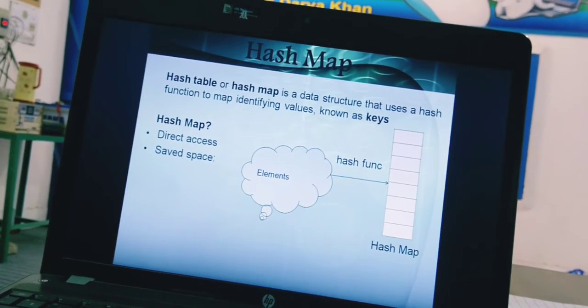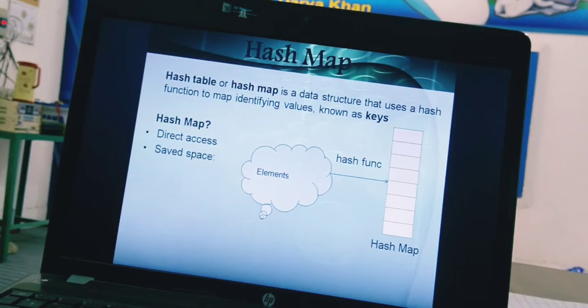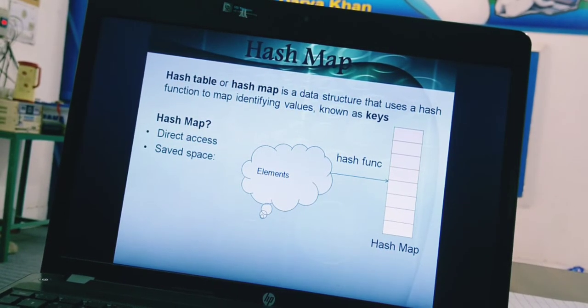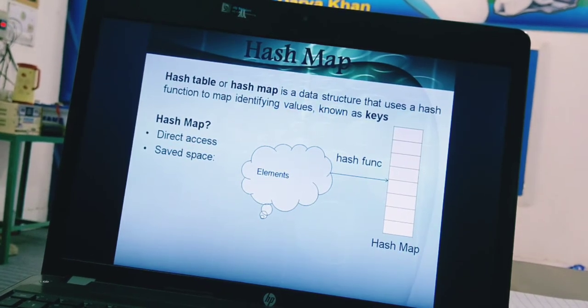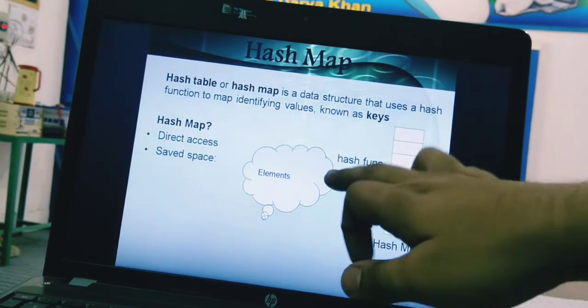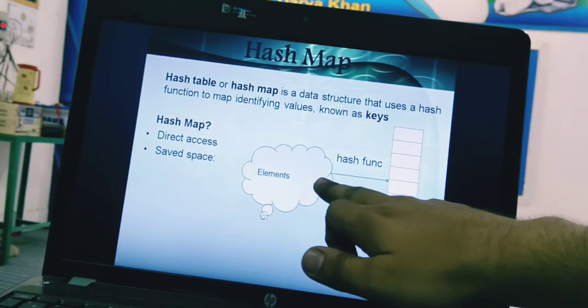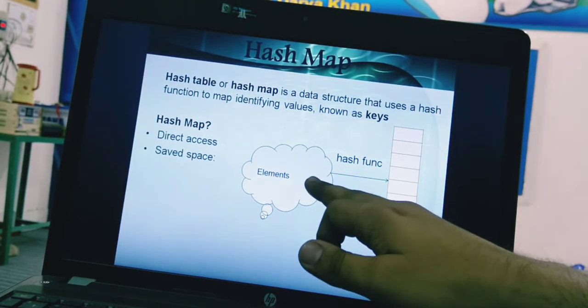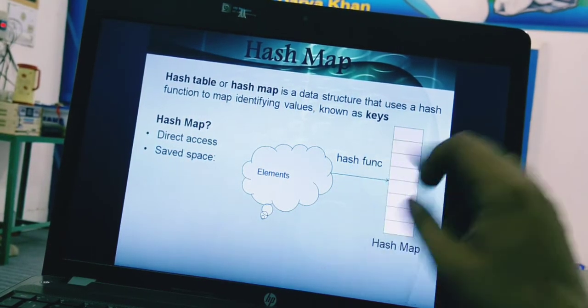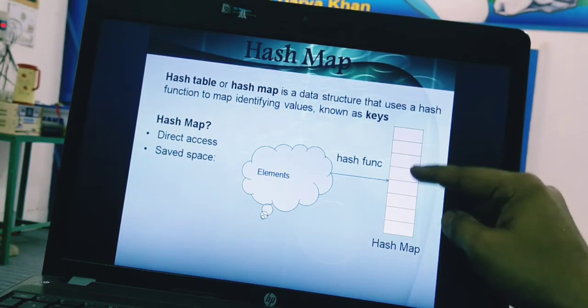It's also known as a data array, in which we put our main elements, our main keys, after applying the functions which we will discuss later.